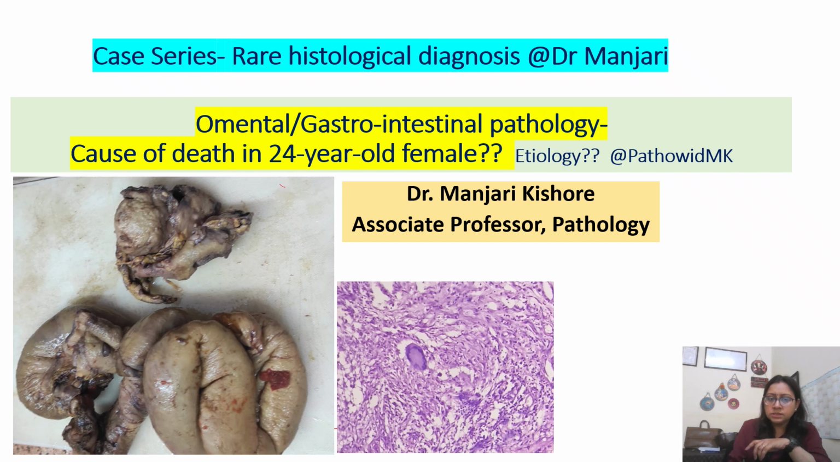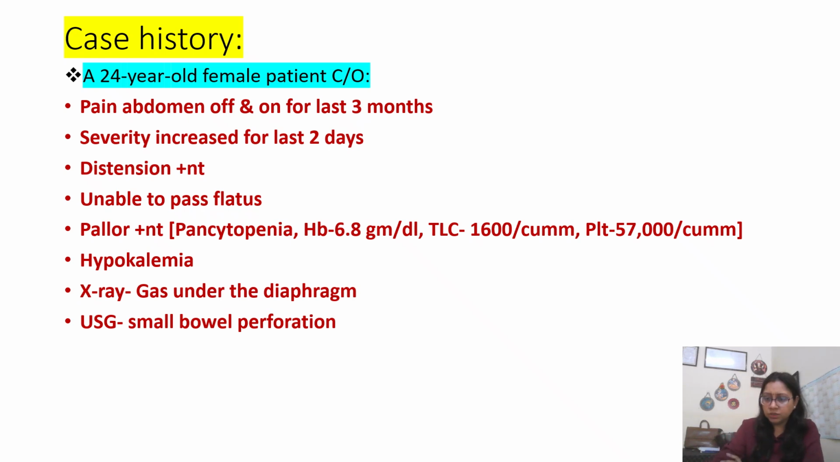So when this term comes, 24-year-old female, in this age category we never think of something malignant, right? The first thing that comes to our mind is usually a benign etiology. So let's see what was the cause of death in this 24-year-old female. Moving on with the history,